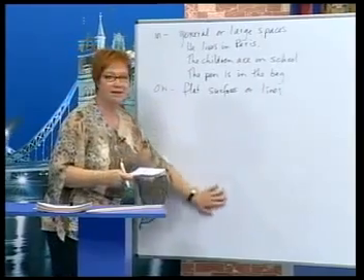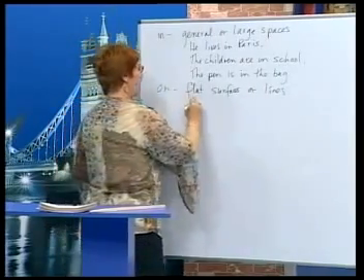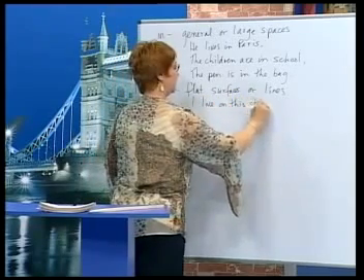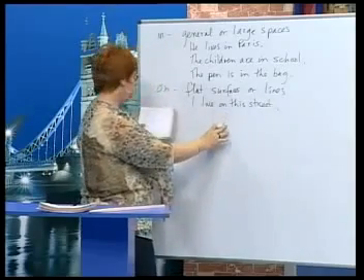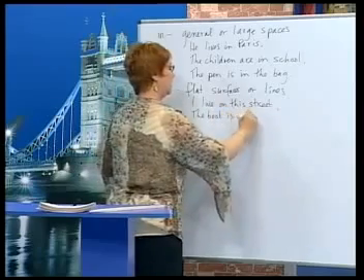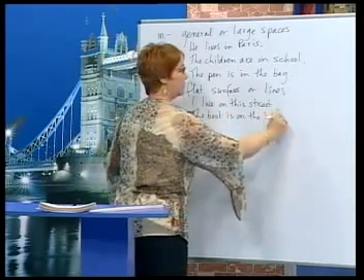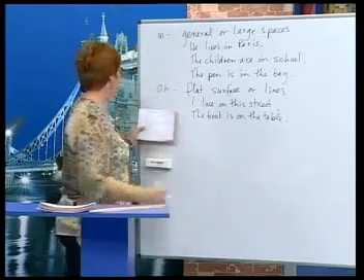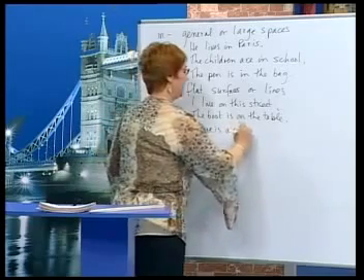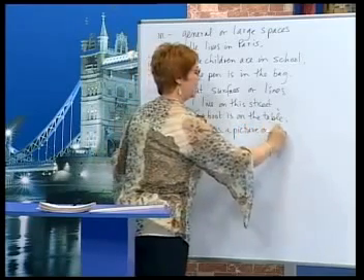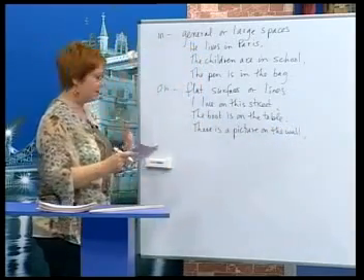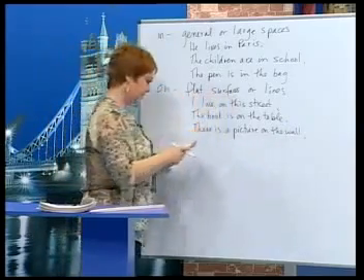Now, with on, remember, on is for flat surfaces or lines, like a street or a road. Okay, this is a flat surface. So, I live on this street. The book is on the table. And there is a picture on the wall. Okay? So these are flat surfaces or lines.